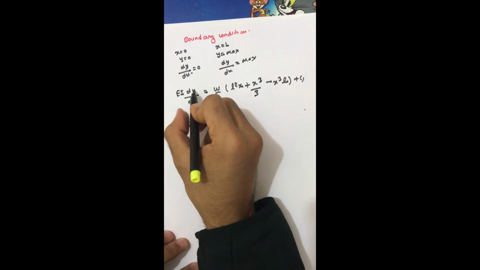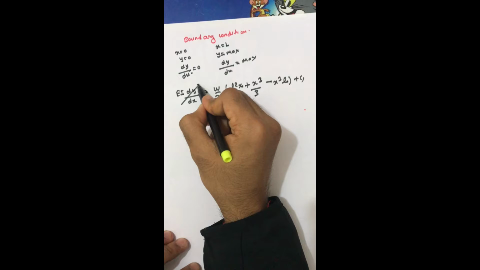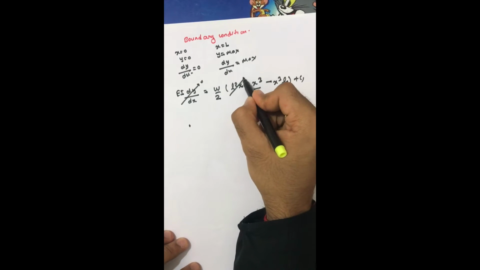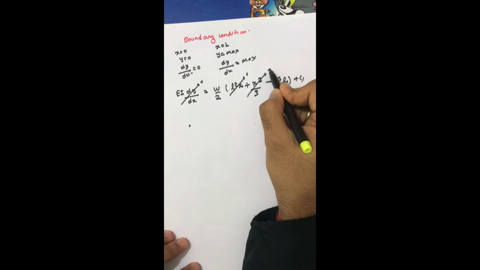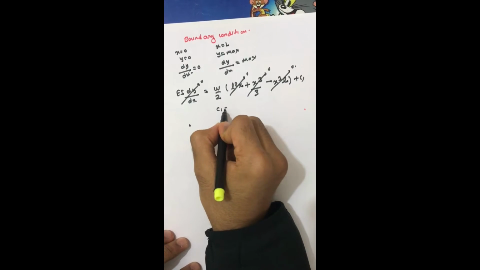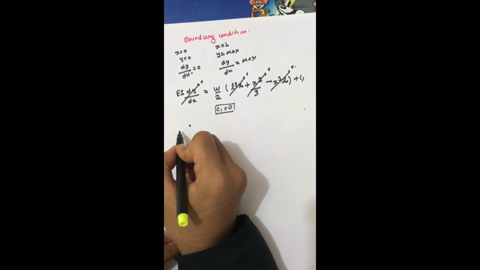Here I put dy/dx equals 0 and x equals 0, so this part will be 0, this is also 0, and I get C1 equals 0. Similarly, by using equation 3,